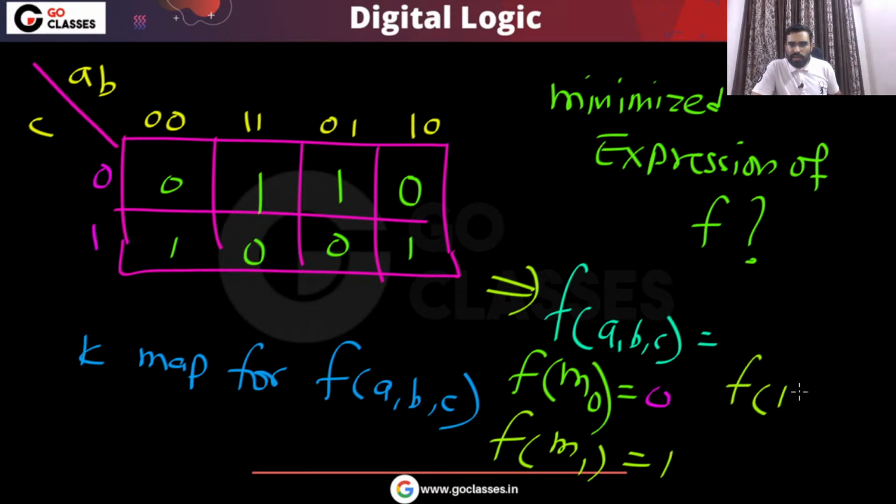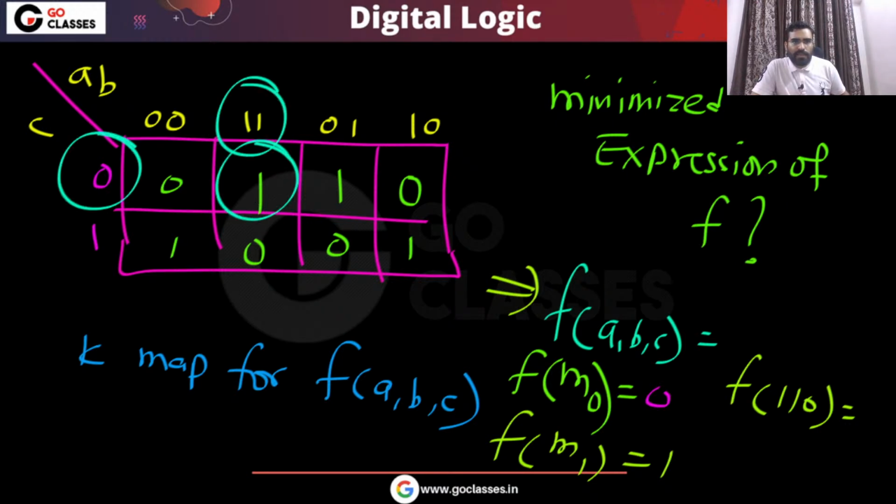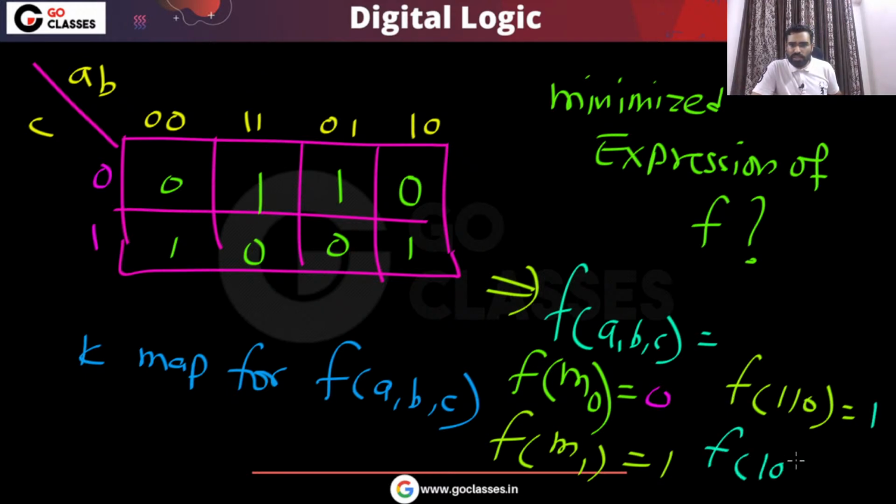What is the function value for 1 1 0? For 1 1 0, that is minterm 6, and the function value will be 1. What is the function value for 1 0 1? The function value is 1. So like this, I hope this is clear. Now what we will do, so this is the idea. Now let's convert this into standard